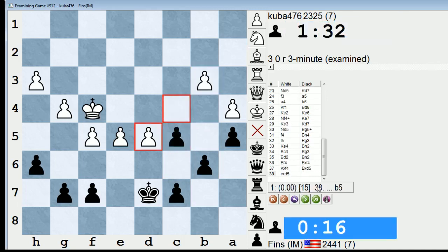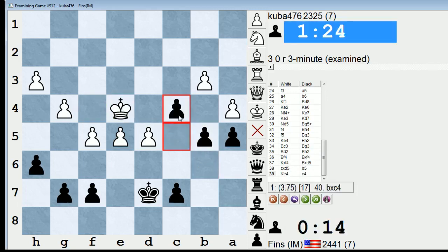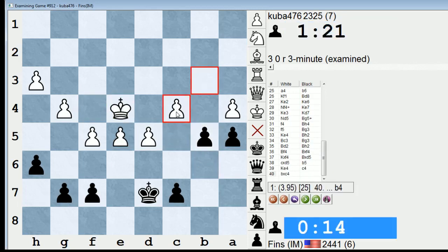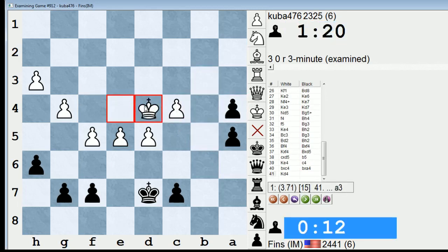Okay, but if I had done b5 first, interesting. Yeah, then it's a better pawn breakthrough, although the computer still seems to think I'm losing. King e4, c4, yeah, I have to try to break. Take. Now, if I take here at this point, he just brings his king back into the square of the